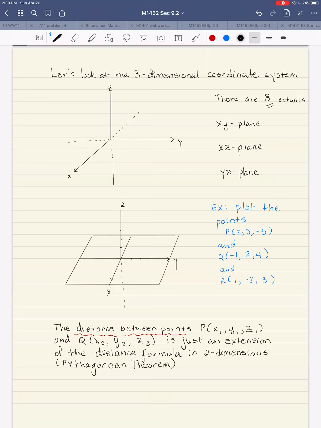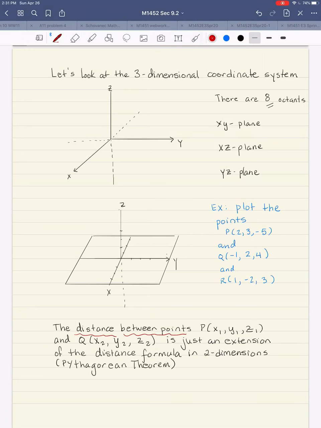It takes three-dimensional space. Maybe a model of three-dimensional space will be the room that you're sitting in. If you look at the corner of the room, the edge that goes up and down will be the z-axis, the edge that goes from right to left will be the y-axis, and the edge coming toward you will be the x-axis. It cuts three-dimensional space into 8 octants, where the first octant is where x, y, and z are all positive. I'm really not sure how they're counted from there, but I know that they're 8 congruent